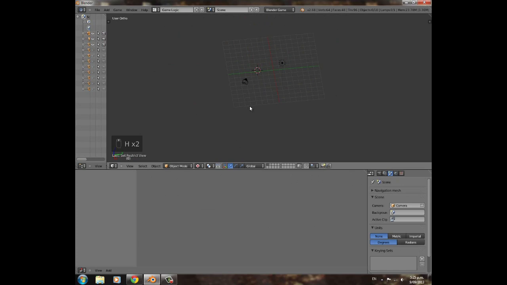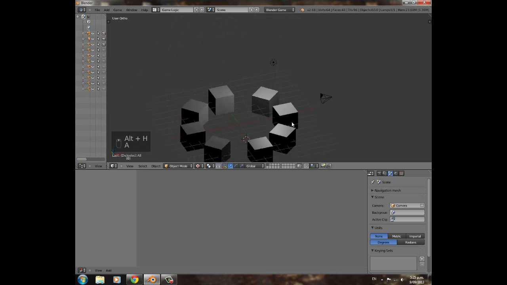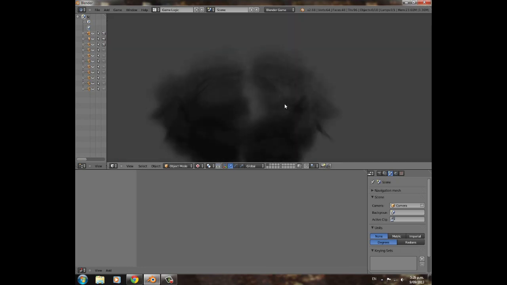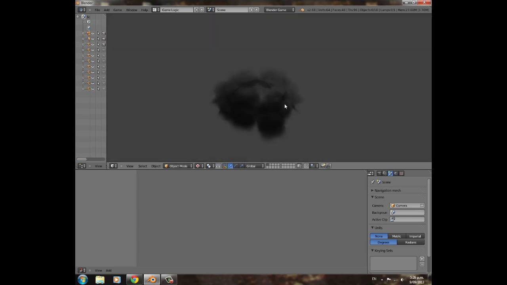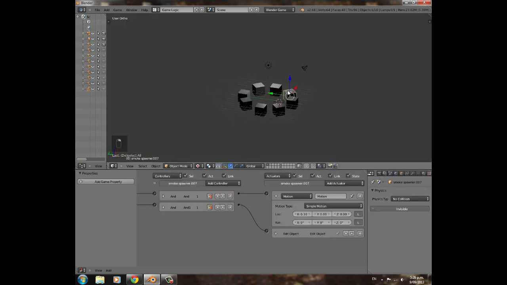And once you're done, you press H after each one to hide it, then you can press Alt H and it will bring them all up again. And then when you press P, you have sort of different moving smoke, sort of. So that sort of looks cool, but we have a really big one that's sort of looking a bit funny,